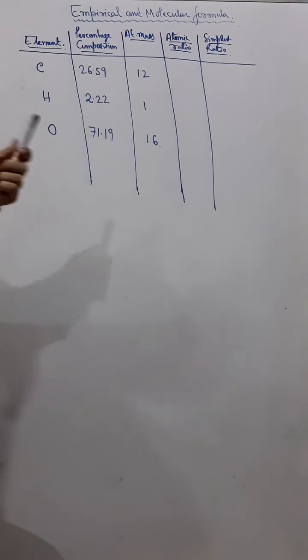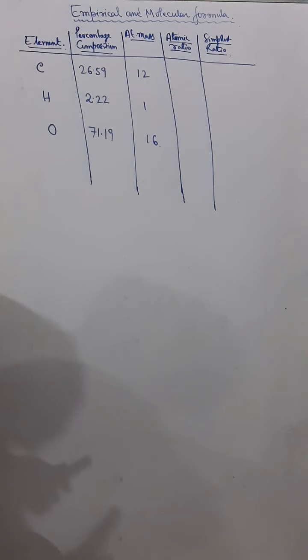Now in fact molecular formula is the real formula that we know. The chemical formula that we talk about, that is called molecular formula. But what is empirical formula? Empirical formula is the simplest formula that just gives us the ratio of the atoms, the ratio of the elements, you can say, that is present in the compound.